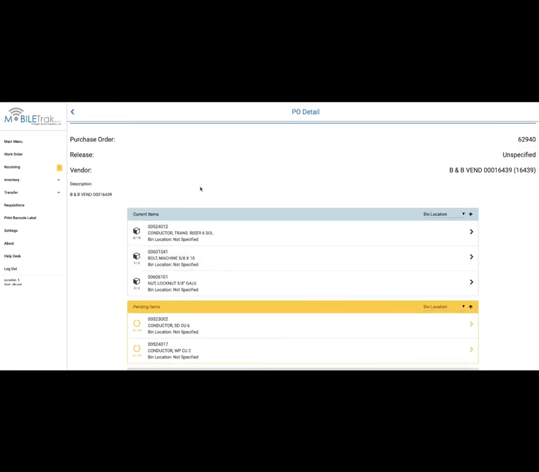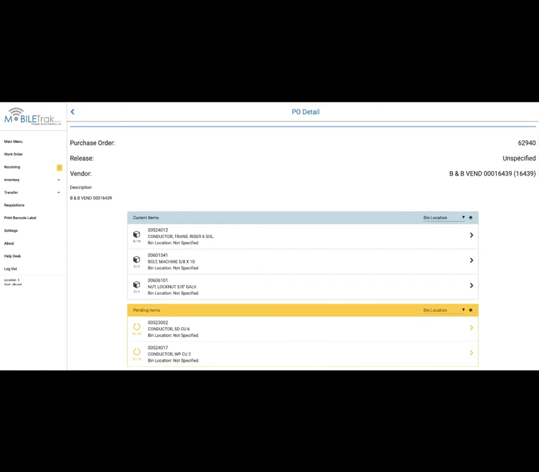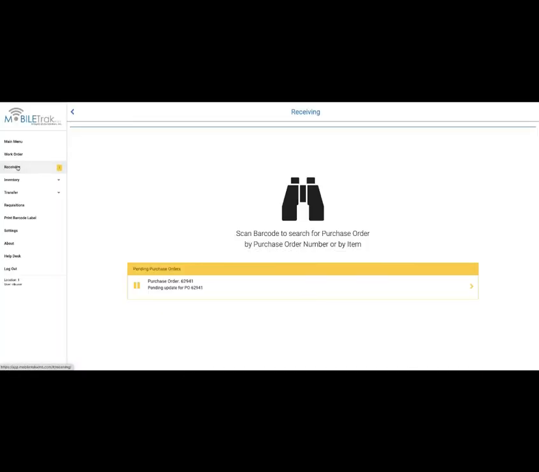The only difference is here, instead of expensing it out of the warehouse and out of material inventory, we're bringing it into the warehouse or into material inventory. And just like with the job release, the PO detail screen is showing us the purchase order number. Any releases, in this case this one does not have a release, and who the vendor is, and then what the description of that purchase order is. Now, if I go back to my receiving screen and I go into this purchase order,